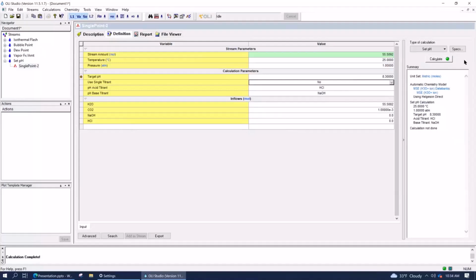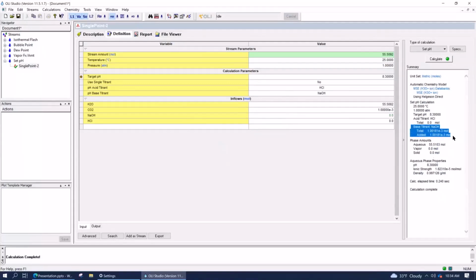We got the pH to 8.3, hit the calculate button. Again, take a look over here. The curiosity is, how much acid or base was required? Sure enough, the software said it needed almost exactly 1 × 10⁻³ moles to convert this CO2 to bicarbonate. And you think about it, that's almost stoichiometrically accurate, perfect. The system is still only water. There's no vapor, there's no solid. But what we should now expect when we look at the speciation table is that if I added 1 millimole of caustic to the system, then that CO2 is going to be in the form of bicarbonate now.